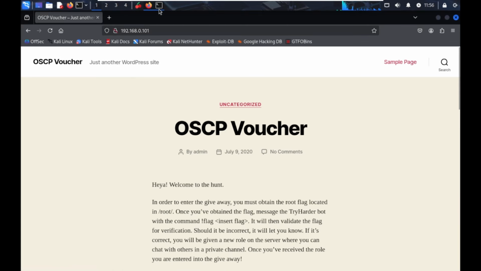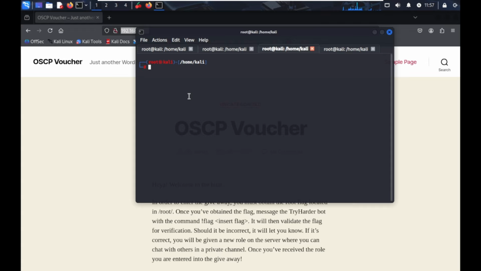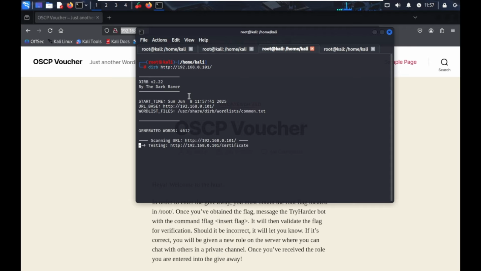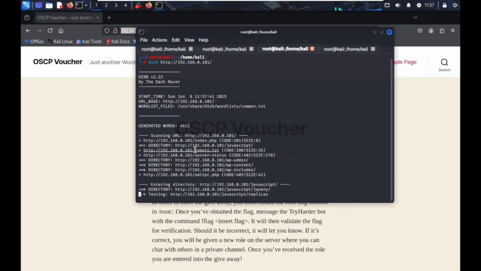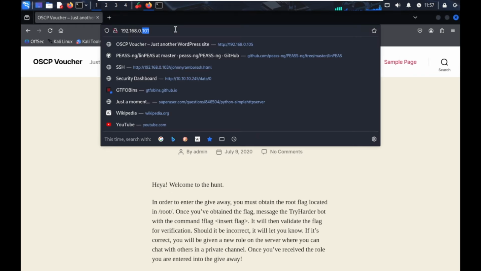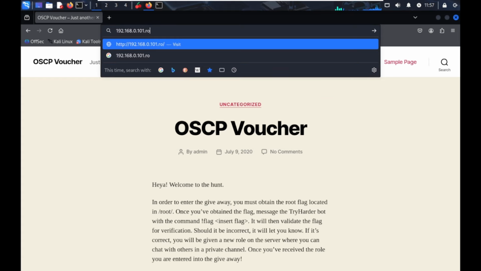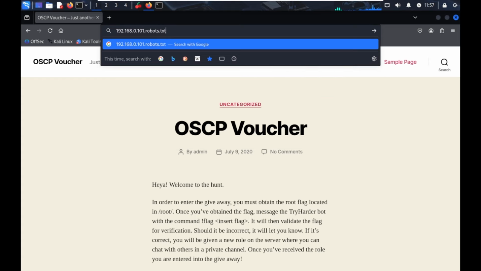First of all, we are finding the directories of this website. We are using dirb, which is a directory brute-forcer. Hit enter, and finding the directories is working here. Here is index.php, okay, JavaScript here, and here is robots.txt. Let's jump into robots.txt. In robots.txt there is one more directory, which is secret.txt. Let's copy this secret.txt,